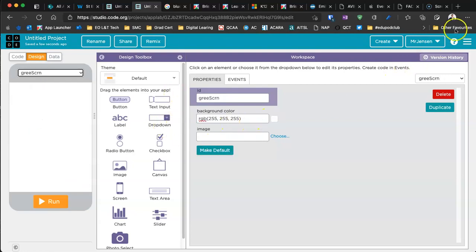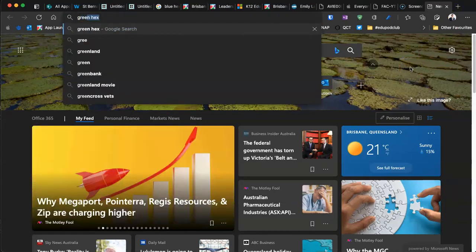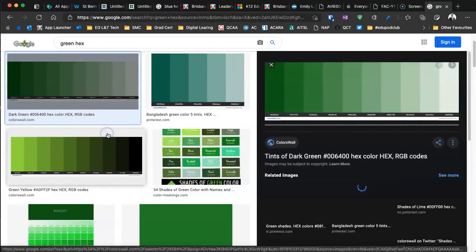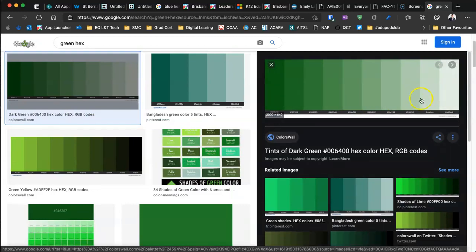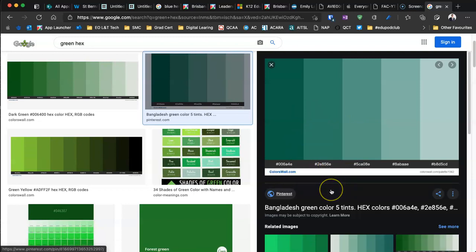Now, just quickly recap this morning. So I showed you about the hex codes. So if I just write green hex in here, it's going to give me some. If I go to images, it'll actually give me a whole lot more. So here's a whole lot of shades of green. So if I choose one of those that I like, let's say that I want to use this one. If I type that little number in there,